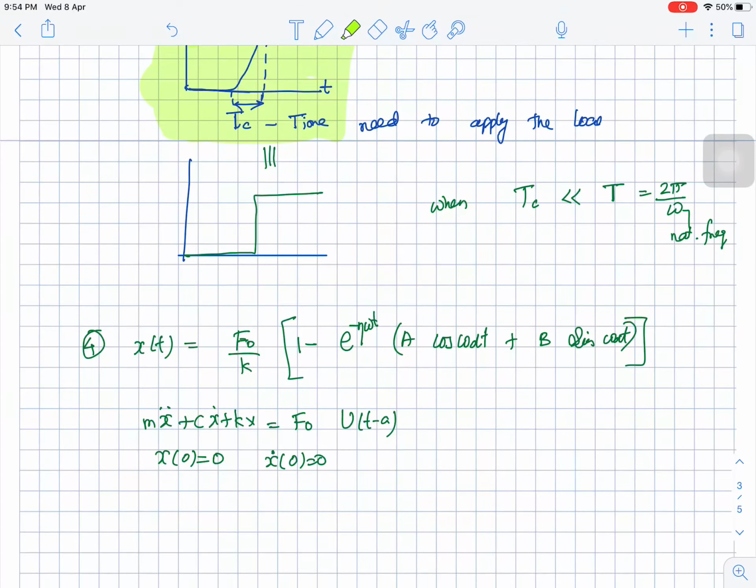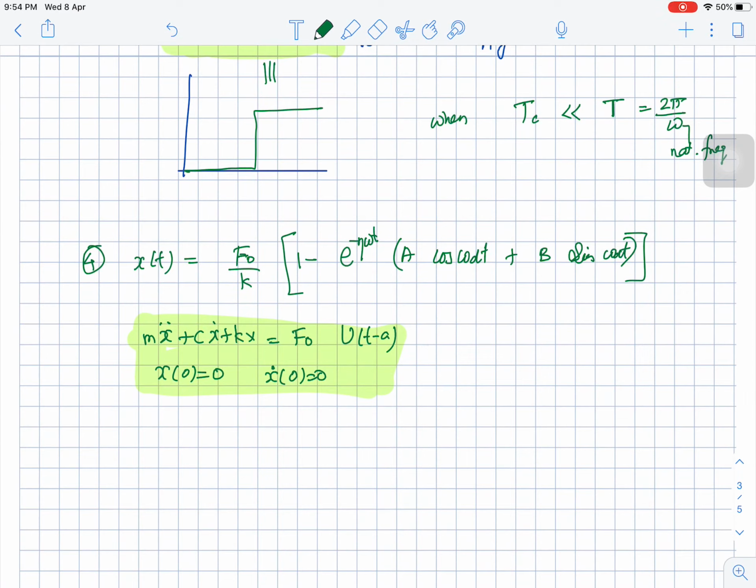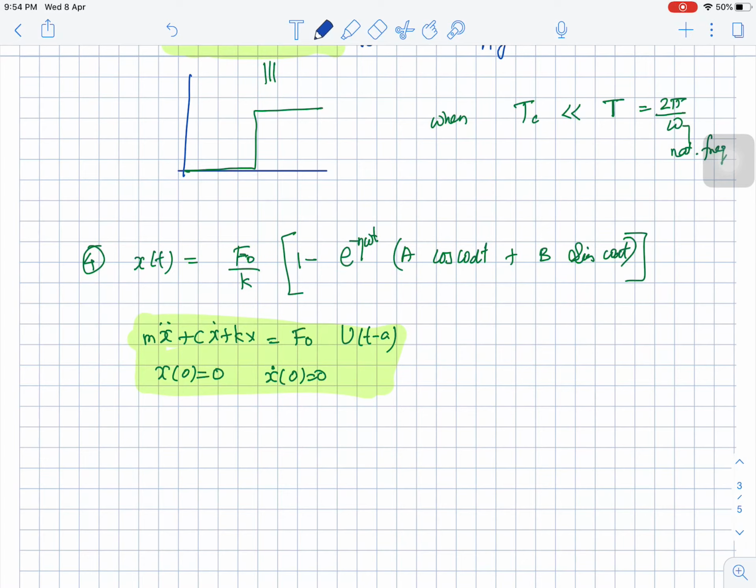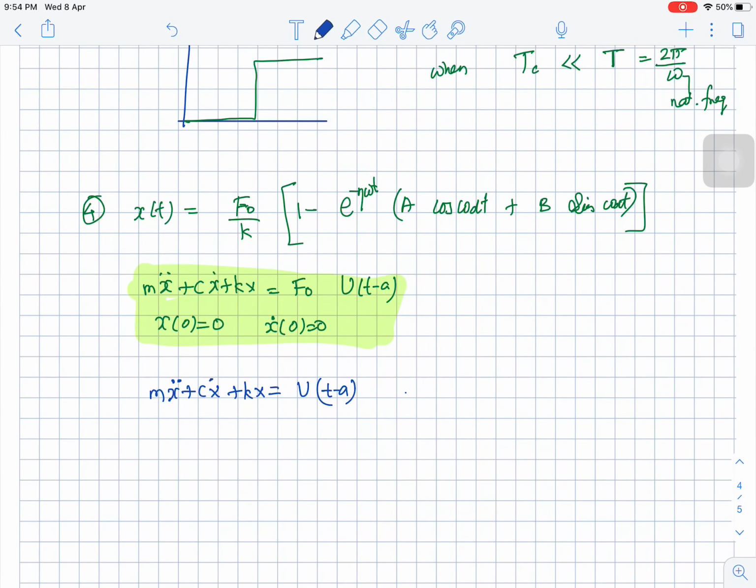So above is the solution for this equation. When this f naught equal to 1, this equation turns into f equal to u of t minus a. So this is called unit step function